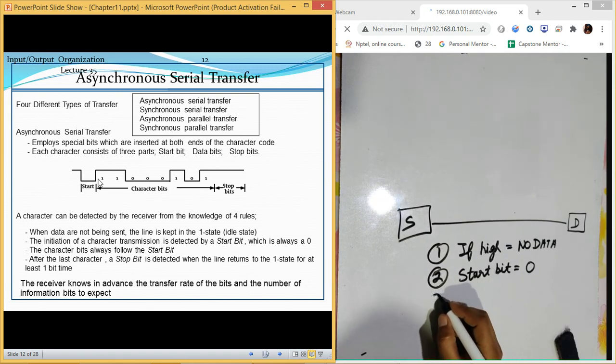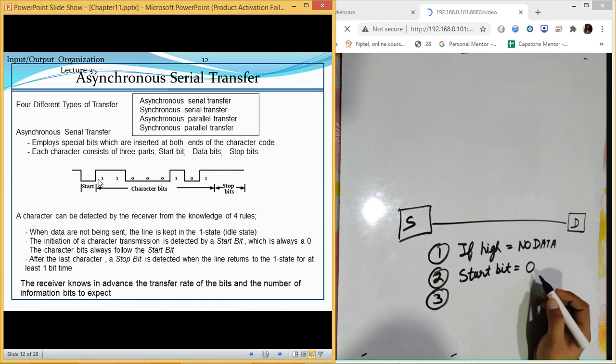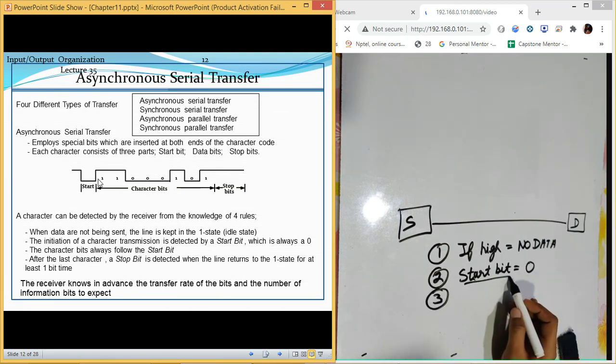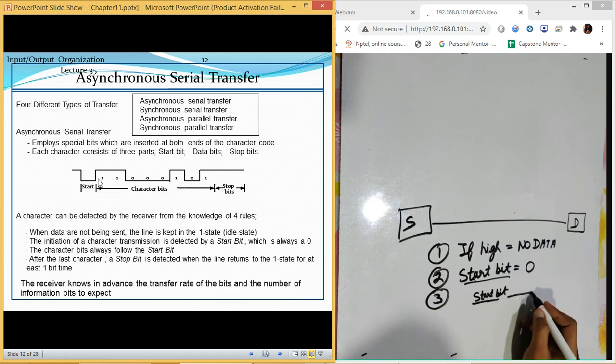Then the third rule says the character bits always follow a start bit. Which means the actual data will always follow the start bit. Firstly, the start bit will be sent. If this is the start bit, after the start bit, the actual data will be sent. So this is the third rule.